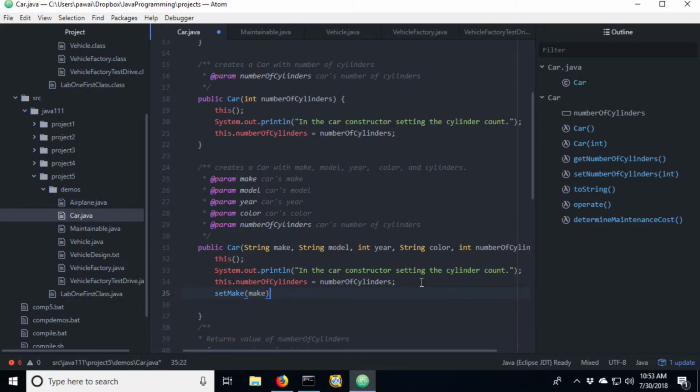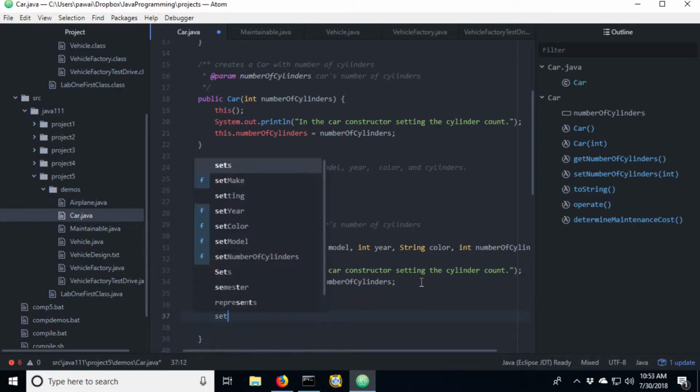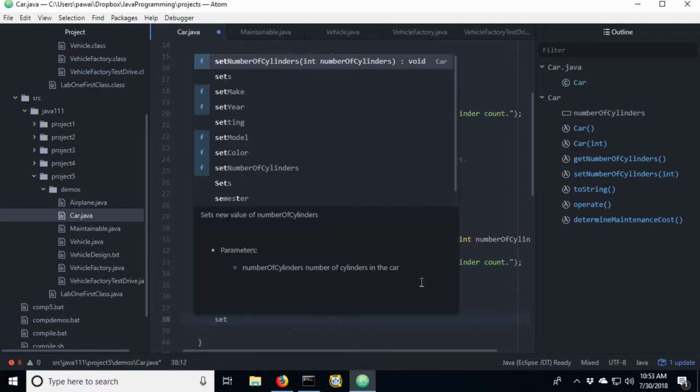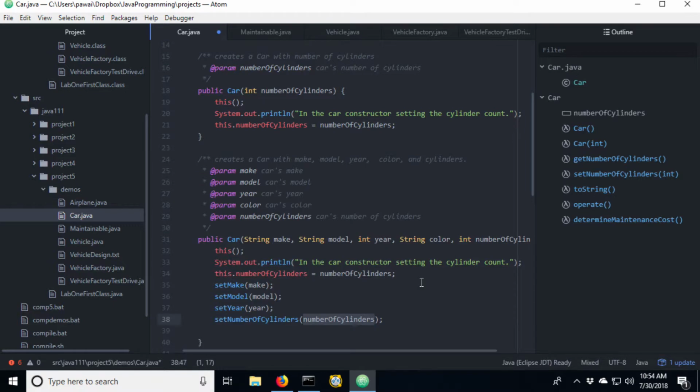So set make, we can set to the make, set model for the model. Oops, that should have been color. All right, so make, model, year, color, and number of cylinders.